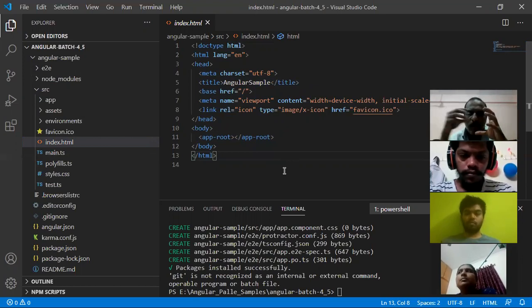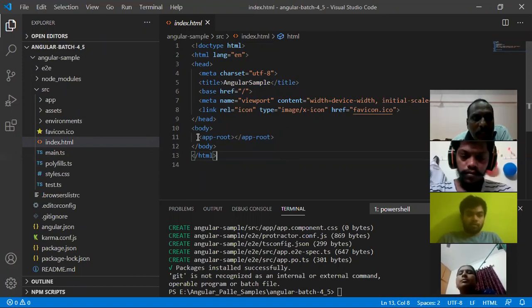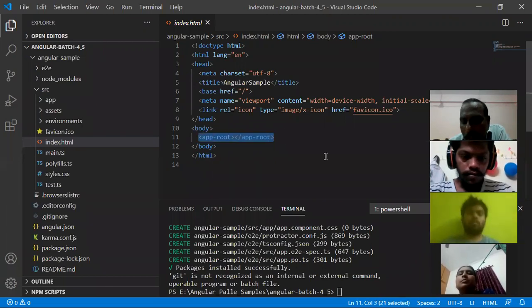Where exactly must that output be added? Very simple. Observe inside the body there is a special tag called app-root. Have you observed that?